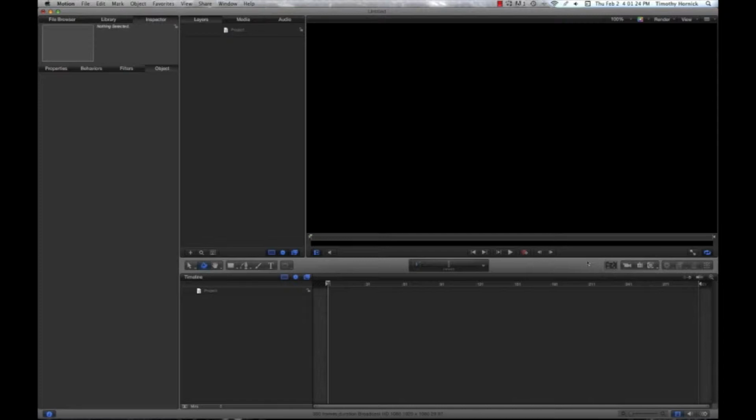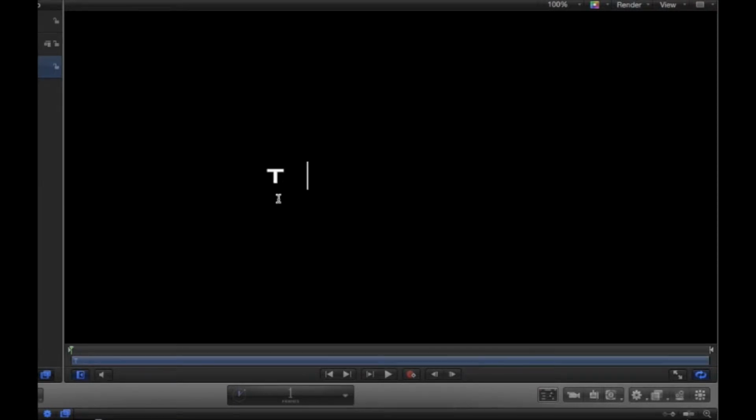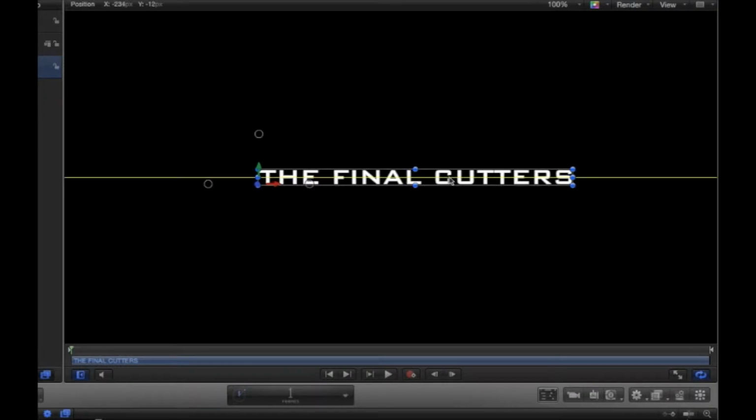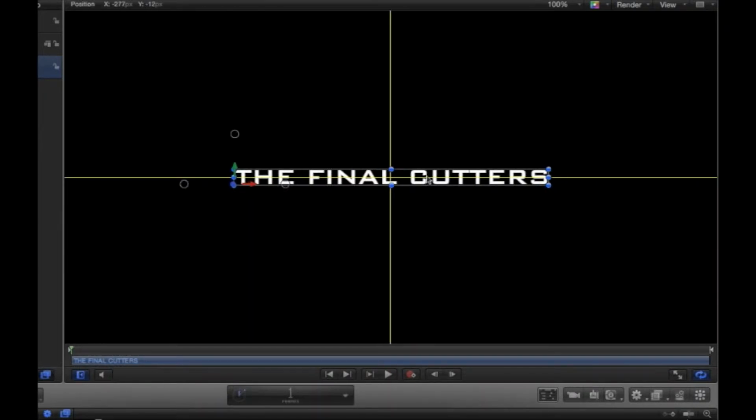Obviously, if you want to make some three-dimensional text, you need to have some text in order to make it three-dimensional. So to first get our text, we want to hit T on the keyboard if you love using key commands. And you're just going to tap over here in the canvas, type in a title, preferably spell it correctly,